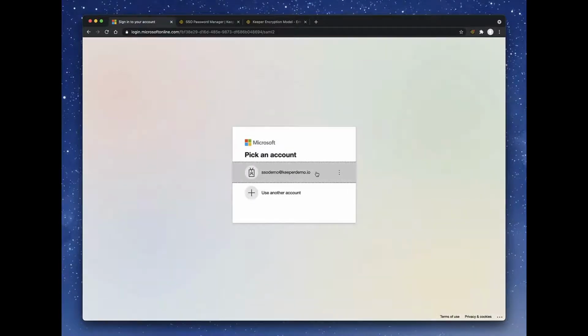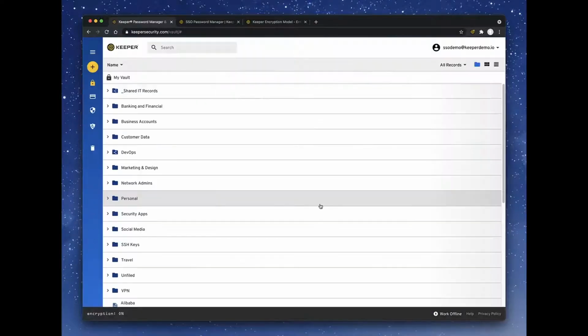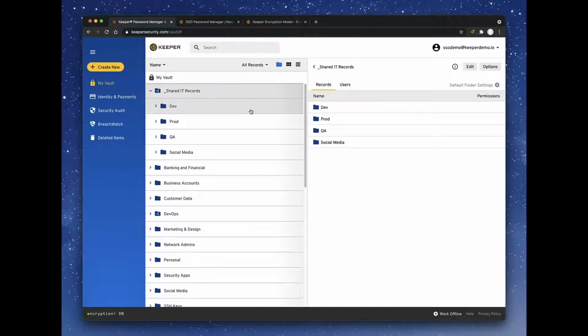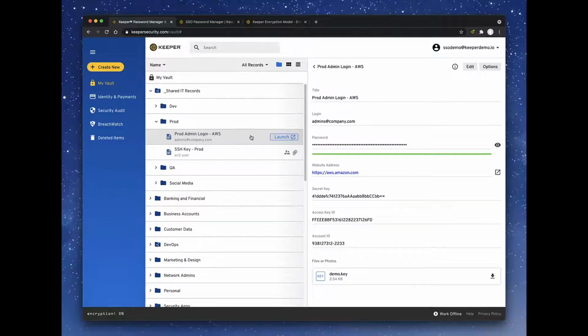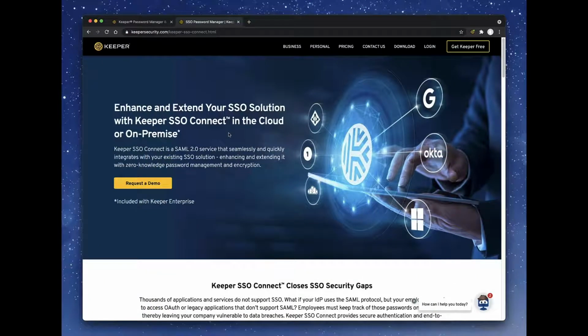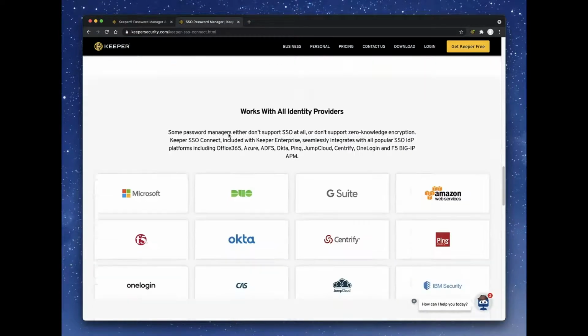After successfully authenticating into the SSO, in this case, I'm using Microsoft Azure, a signed attestation is verified by Keeper, then the user is able to decrypt their vault using their elliptic curve private key. As you can see, signing into the vault is very simple and requires no additional password entry. Keeper's unique and patented integration with SSO providers works with all SAML 2.0 identity products and offers simplicity while retaining